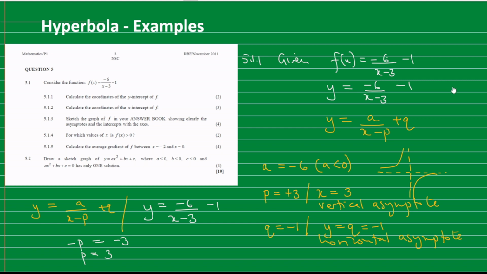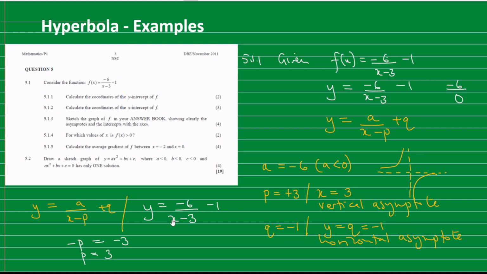In other words, we want something like negative 6 over 0, because negative 6 divided by 0 becomes undefined. So we can say that when x is 3,